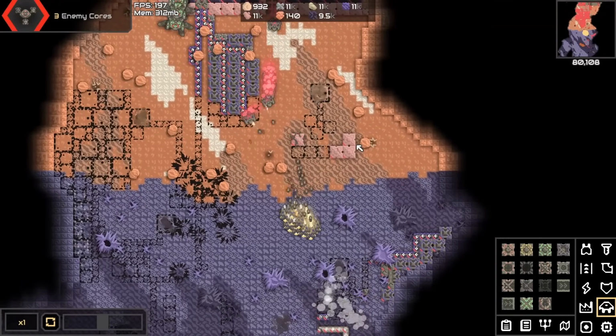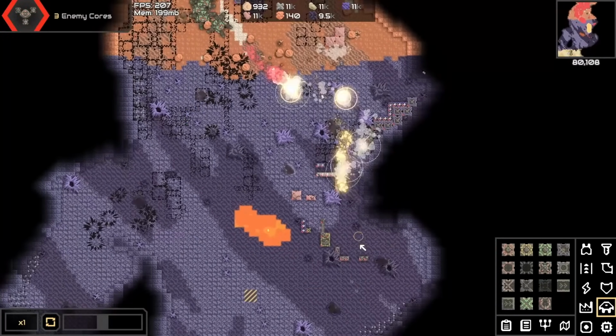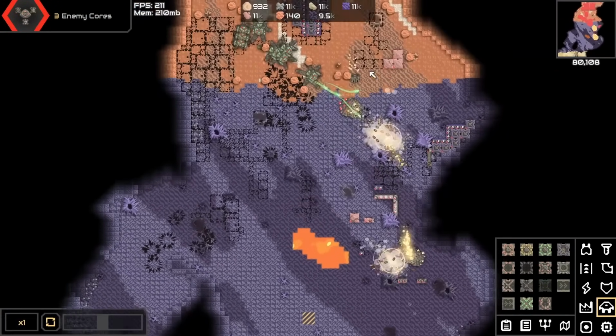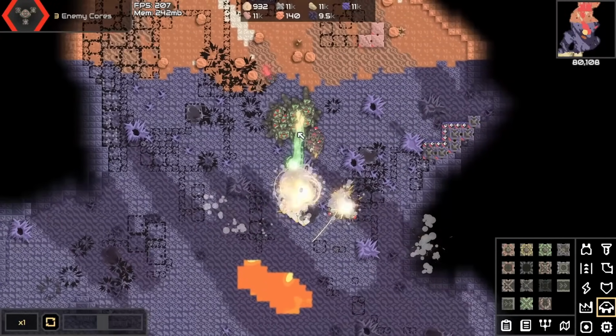Of course, let's get rid of these walls as well. Oh, God. Okay. Yep, we got these guys coming in. Let's back up, and let's get these guys to go ahead and shoot these, because that's ridiculous. And in you go. They're all going to die so fast, but...